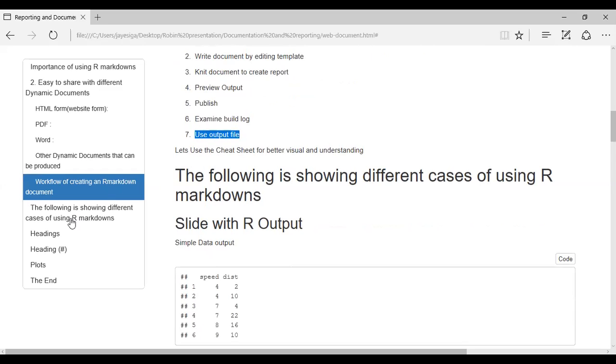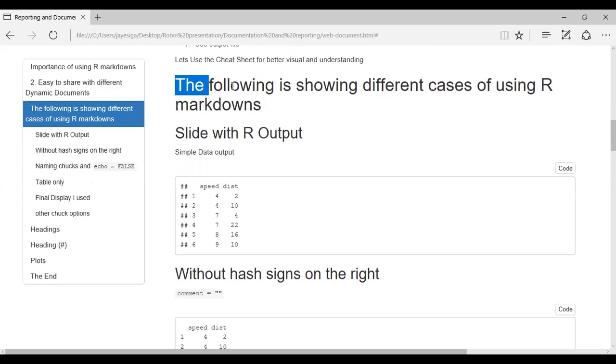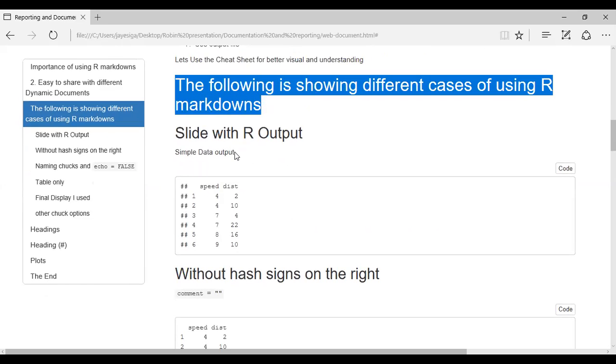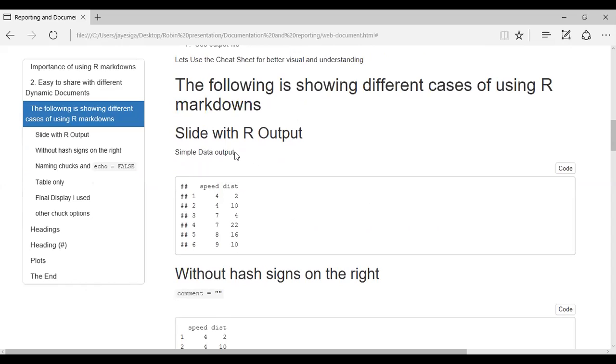So now here we're going to see different cases of using R Markdown. If you can see,